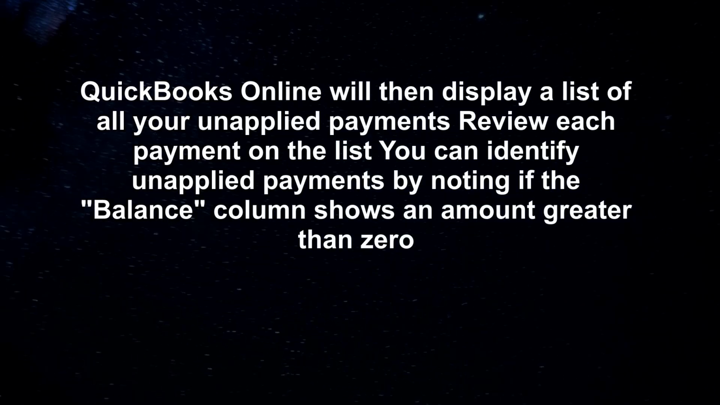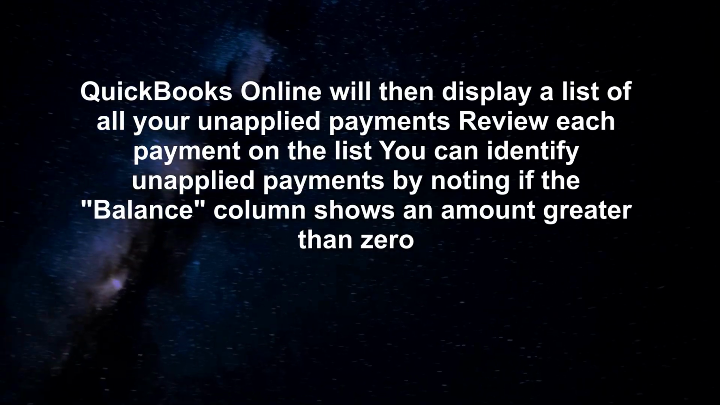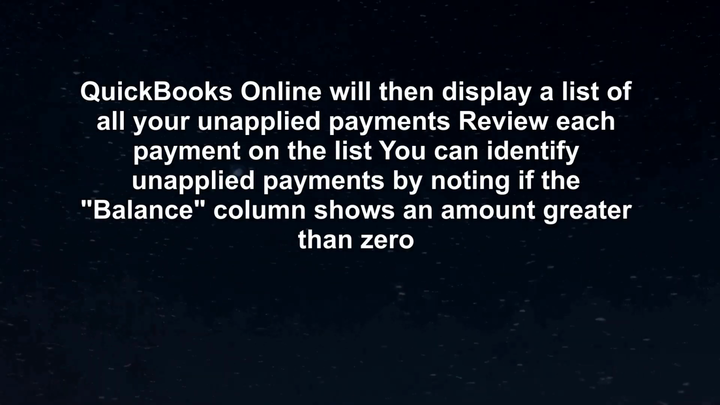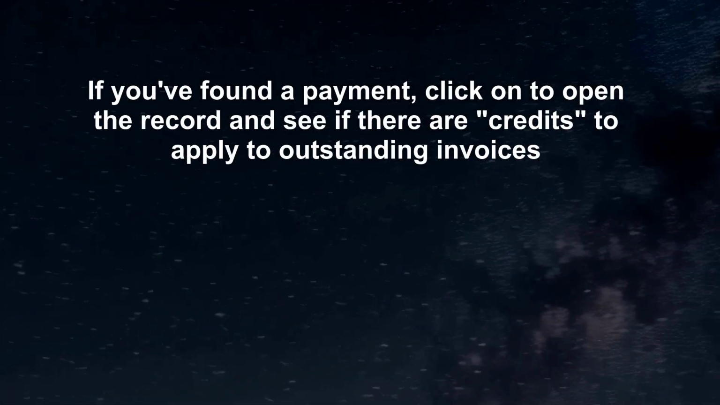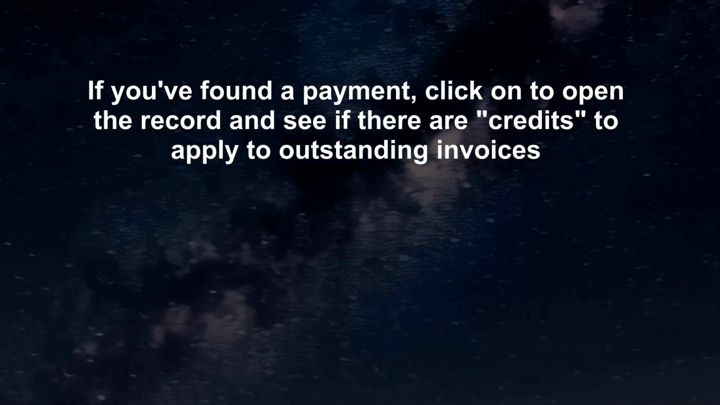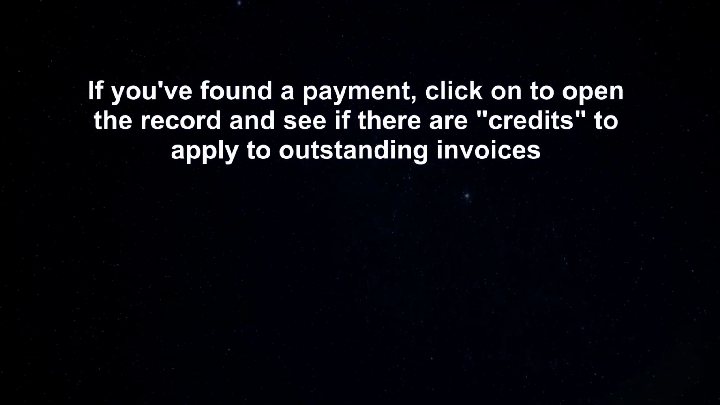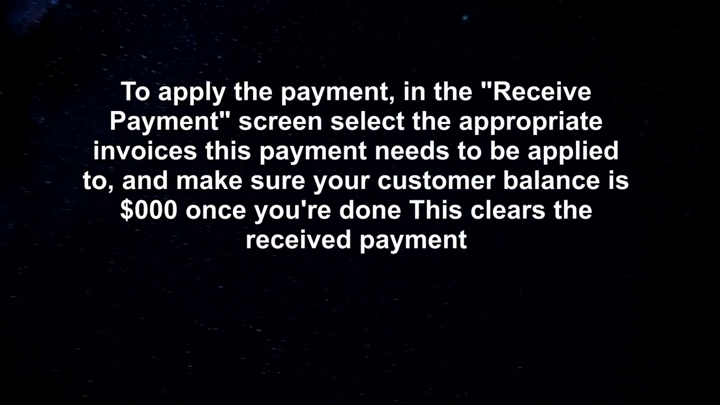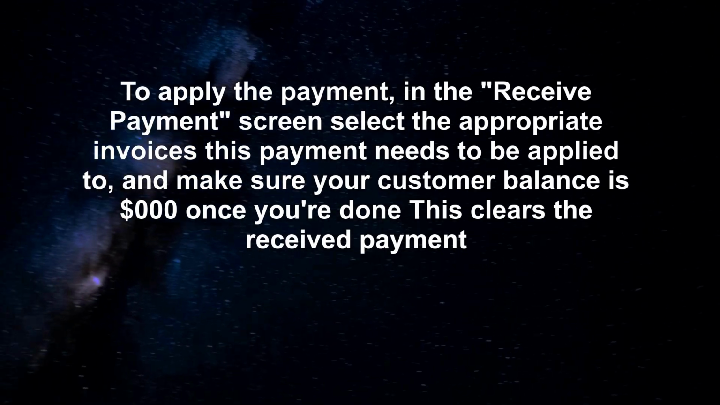Review each payment on the list. You can identify unapplied payments by noting if the balance column shows an amount greater than 0. If you've found a payment, click on it to open the record and see if there are credits to apply to outstanding invoices. To apply the payment, in the Receive Payment screen, select the appropriate invoices this payment needs to be